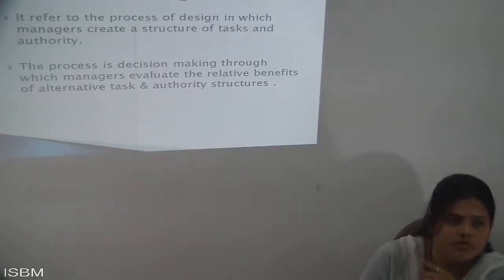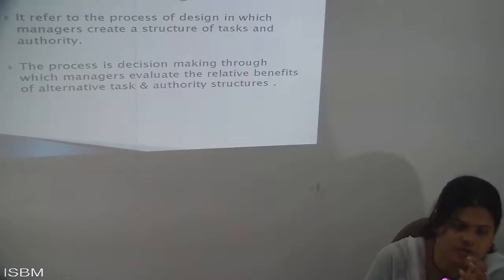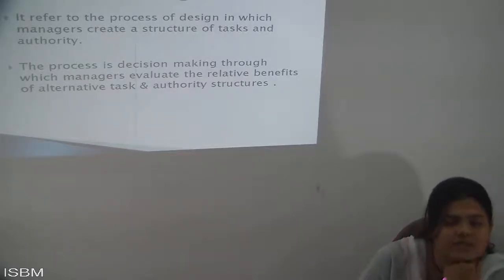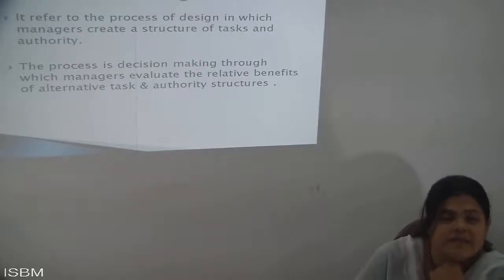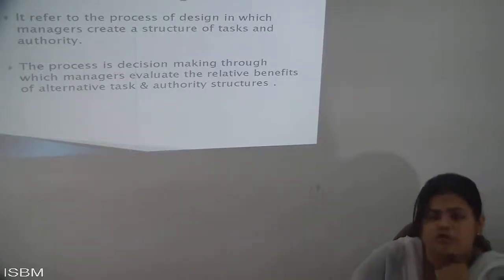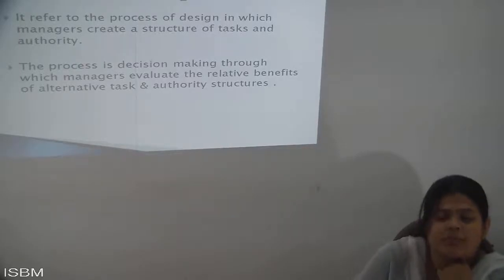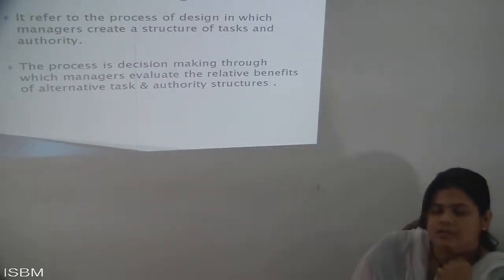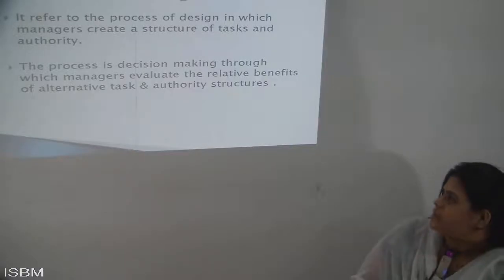Now here it is, first it has been said, the one type of a process of designing. Okay, next it has been said. Now here the thing is what they're designing. Here they're designing the task or the activities or the work which has been given to the authorities. Means the work should be done, and with the help of the work, the thing is enhancing one kind of authority to that person. So it becomes very easy to complete that work. So that is called the organization task.